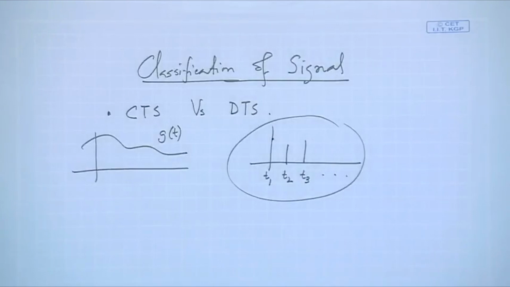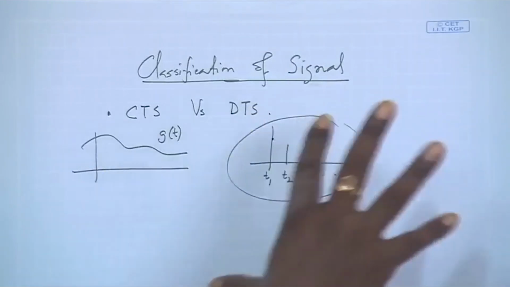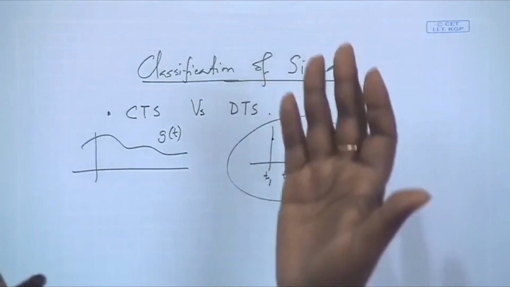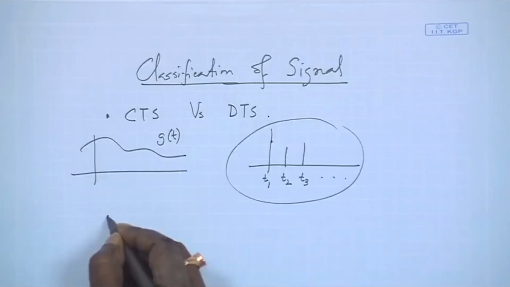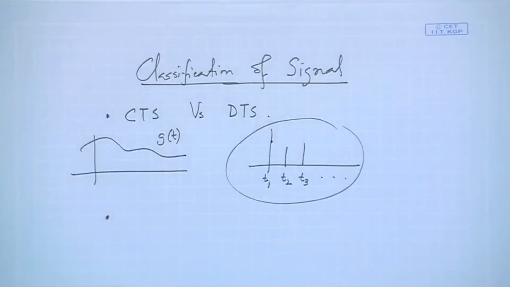We will be encountering this particular kind of signal because we will be doing sampling of a signal, that you will see later on. This is a typical way of representing a signal, so we will be dealing with this later on. And the other part is continuous time signal, where the signal is defined at every time instance between the limit we are considering. Okay. So the second way of classifying a signal,